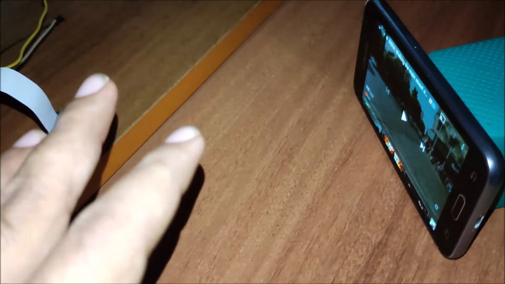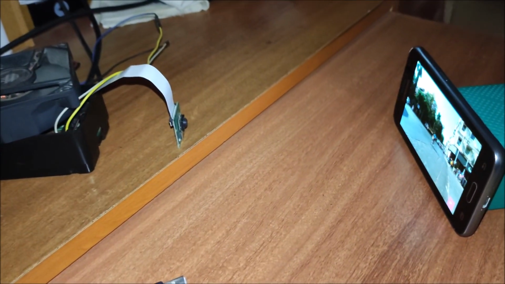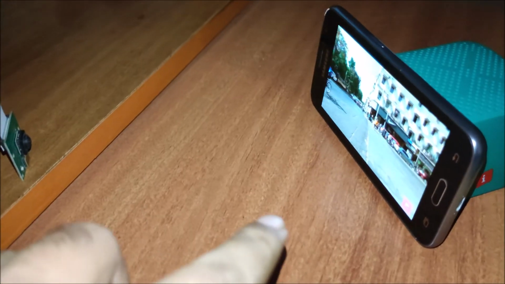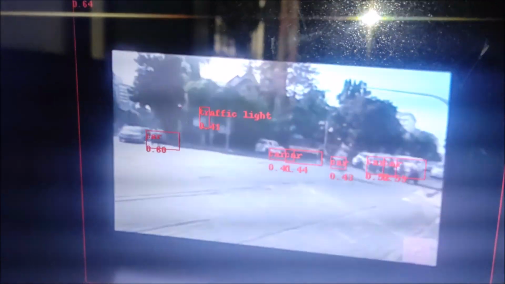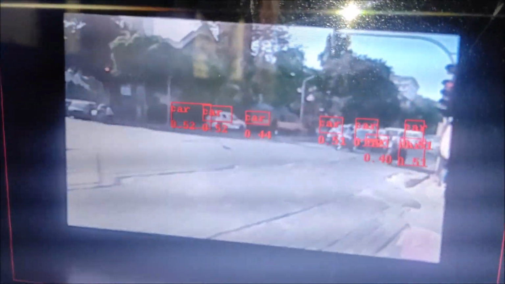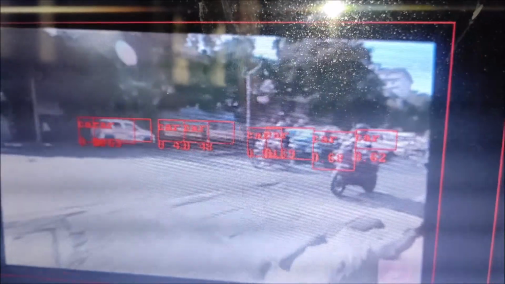Okay friends, as you can see, I have started the video clip. The video is running, and on our screen you can see it's detecting the objects. As you can see, the car. TensorFlow Lite is working really well.